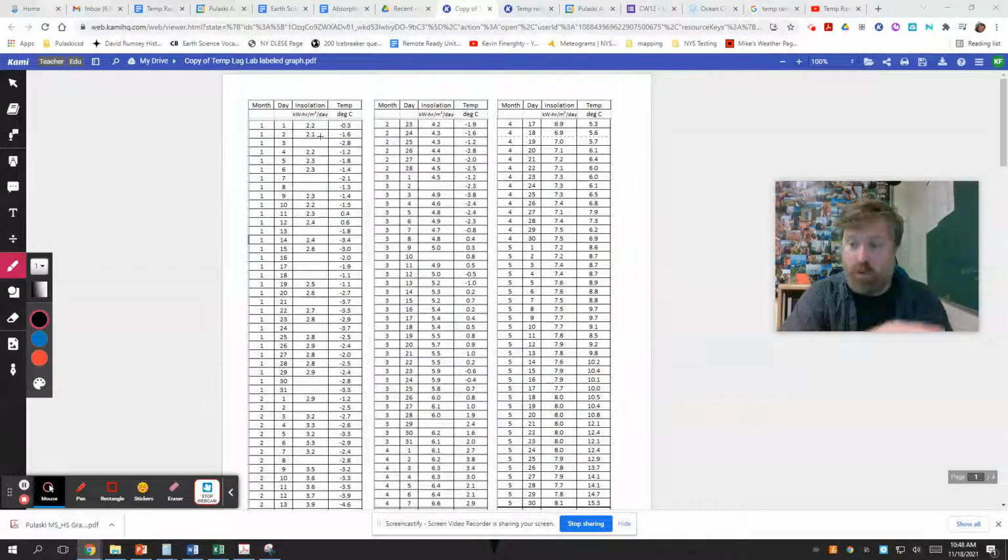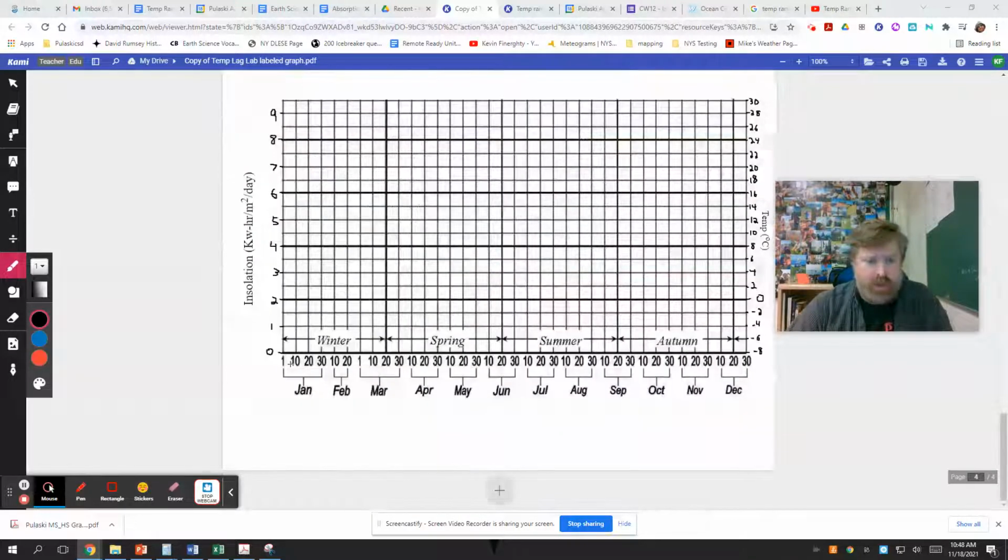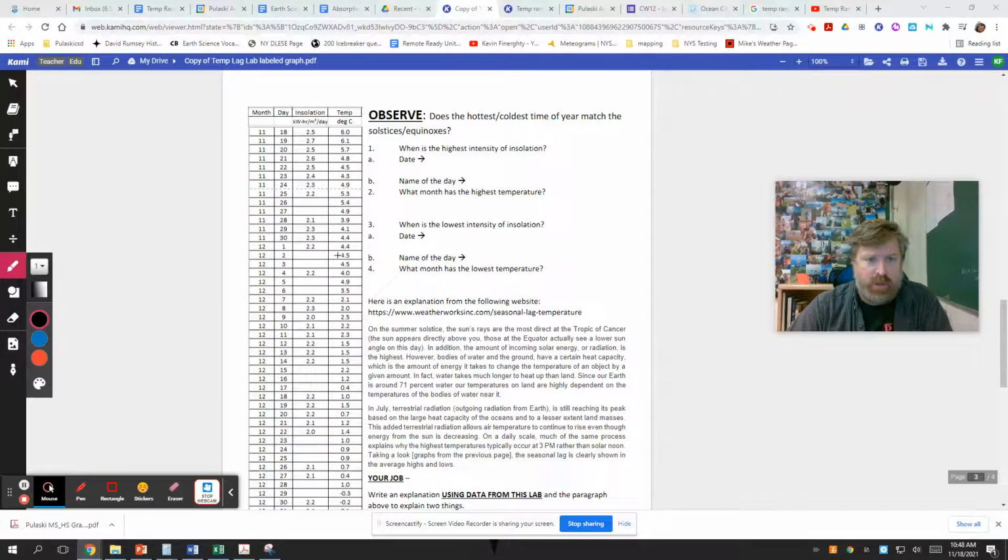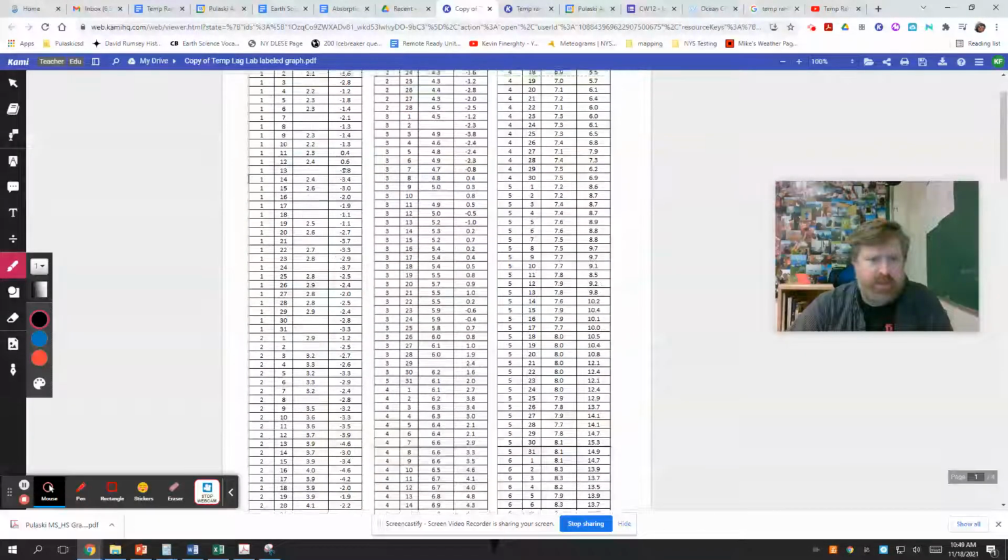it'll allow us to compare when is there a lot of energy coming in, when is there not much energy coming in. The graph will be very easy to figure out, even if we don't know exactly what these numbers mean. So let's do a few. January 1st, what is the insolation? January 1st, it is